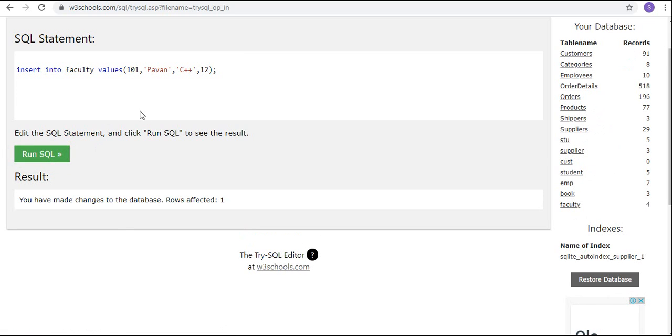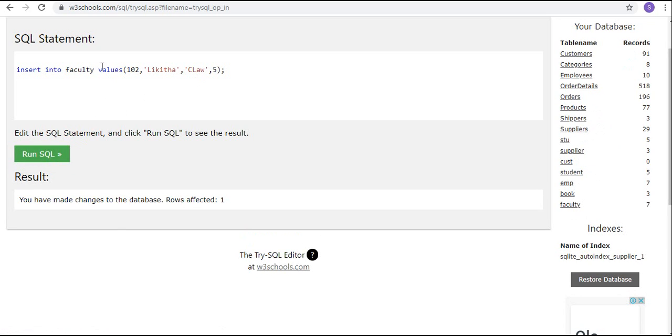Okay, now I am changing to 102, economics, 5 years. Run SQL. Now, do we have any other syntax? B law 5 years, C law 5 years.